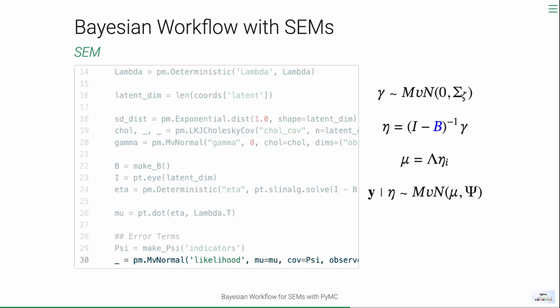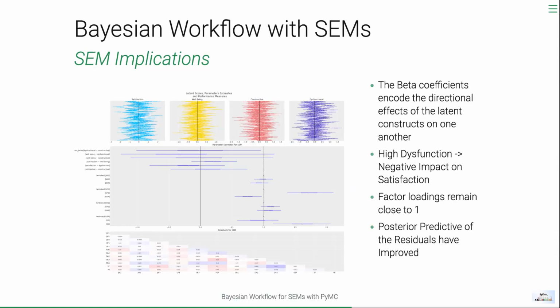Yes, so basically what we get again after adding these structural paths, similar latent draws as before, but we get new coefficient values. We get coefficient values for the beta regressions, right? So we get a view of how important constructive thought processes are for predicting well-being. We get a view for how predictive they are of job satisfaction, which I will come back to the values that we're seeing in a minute.